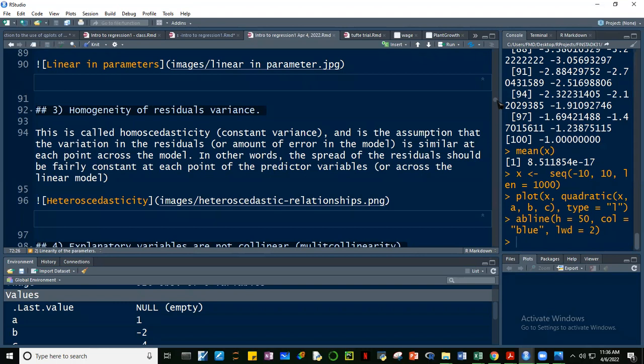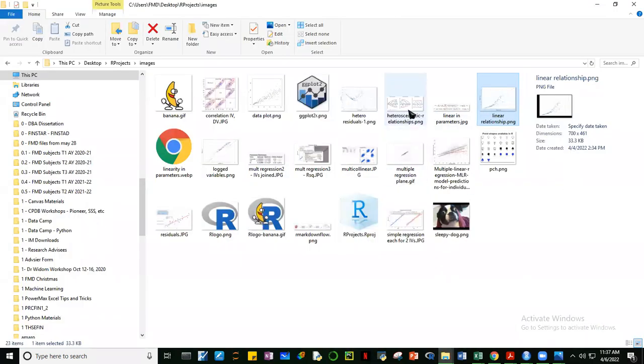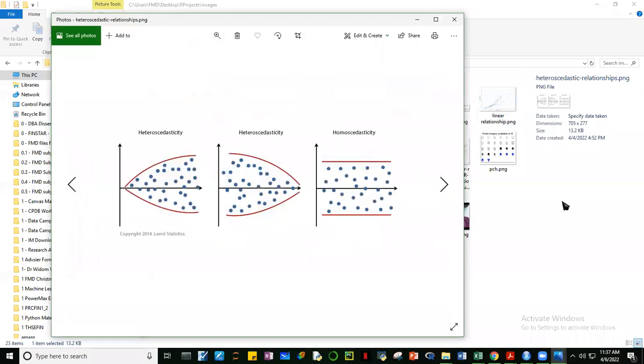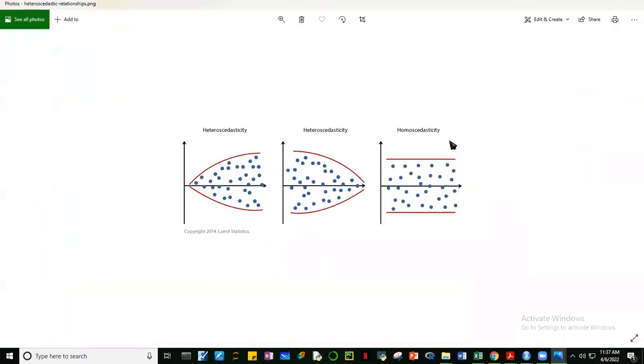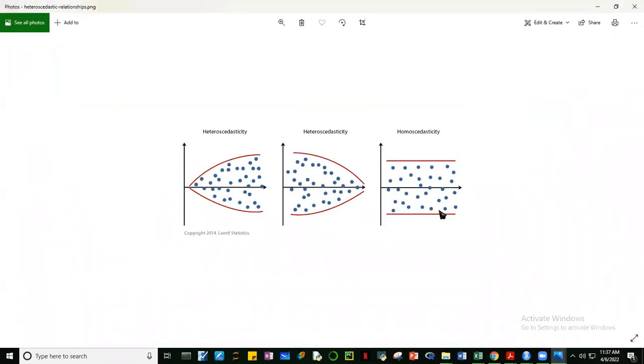Tapos pag pinlot natin yung residuals, guys, dapat yung behavior ng residuals, it should be constant variance. Pag sinabi natin constant variance, when we take a look at your residuals across several values, dapat walang trend, okay, or walang fanning out. So let me just show that to you. For example, okay, I'm sorry I'm using this lang kasi hindi ko na-need yung document. Pag ni-need ko sana, then automatically makikita natin. No? Okay, here guys is